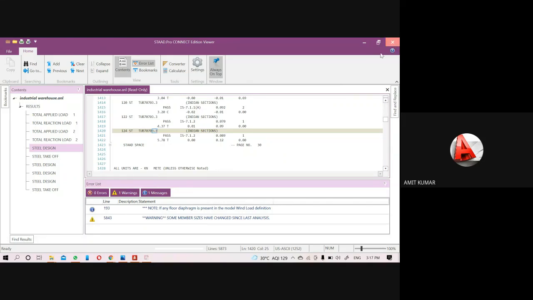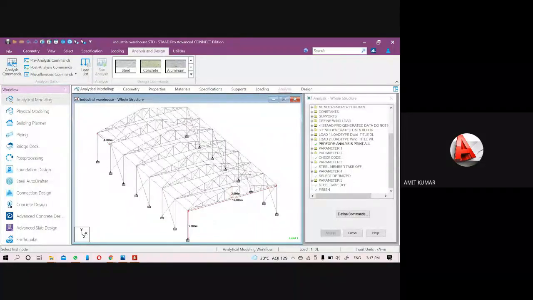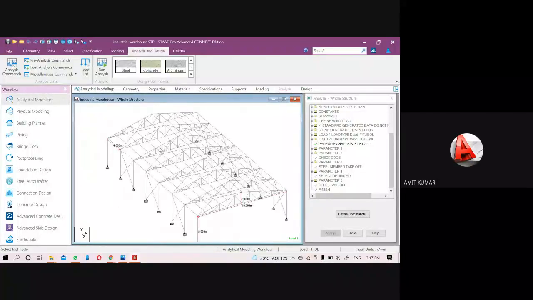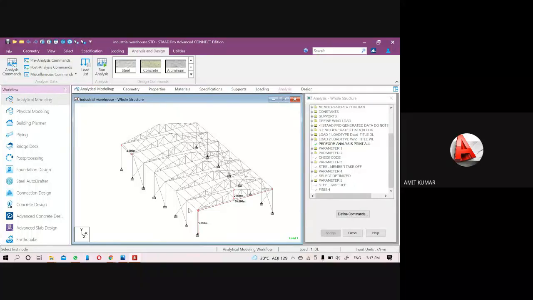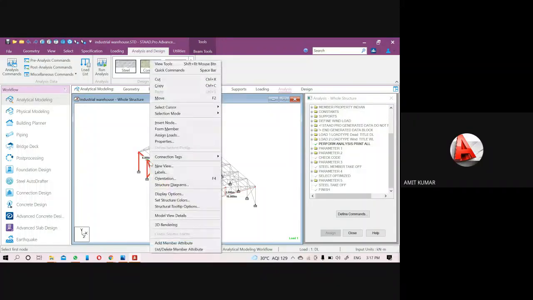Now let me show you a few more tools of the software. If you want to open any view in a different window, like I just want to open only this side view in a new window, just select the part which you want to open and right click there and open a new view.